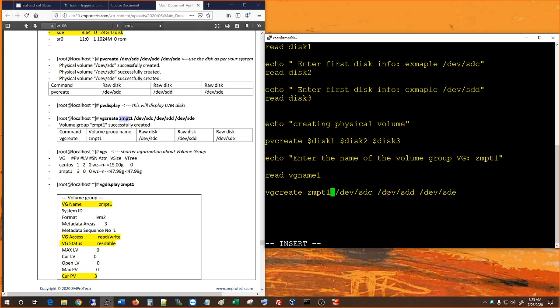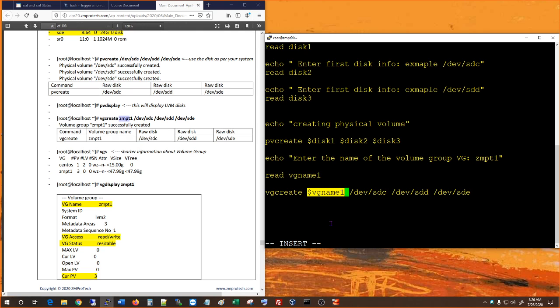Instead, what we're gonna do is $VG1. Okay. So what will happen is, whatever name you give, you don't have to give ZMPT1. That's an example here. So if you give something else, that variable will pick it up and then put that